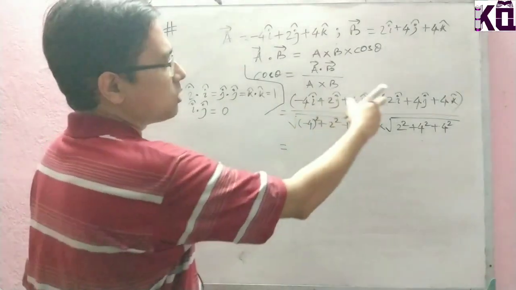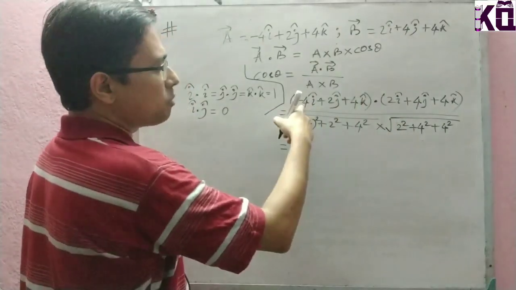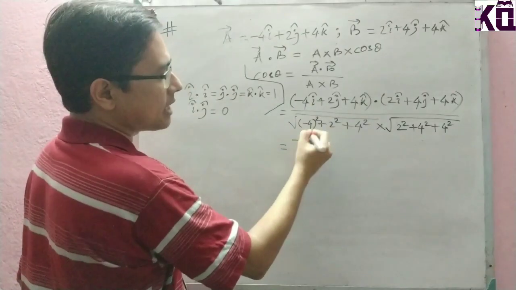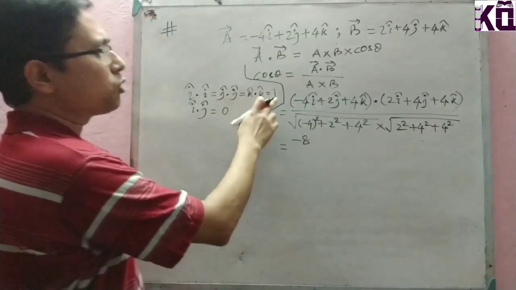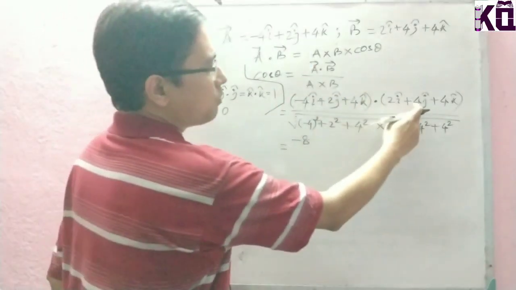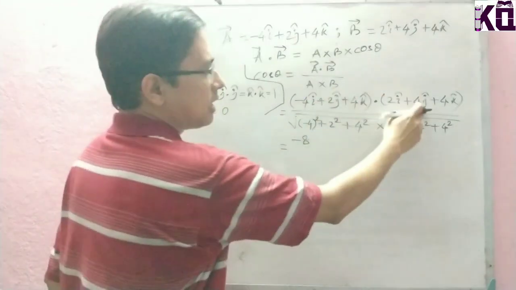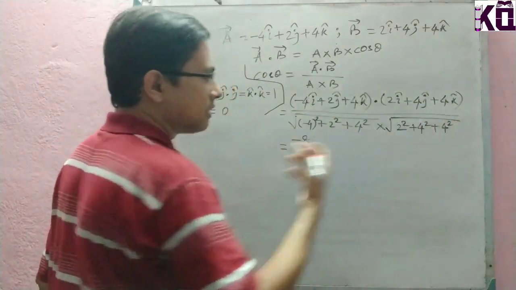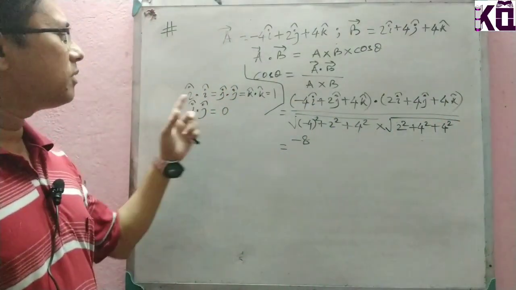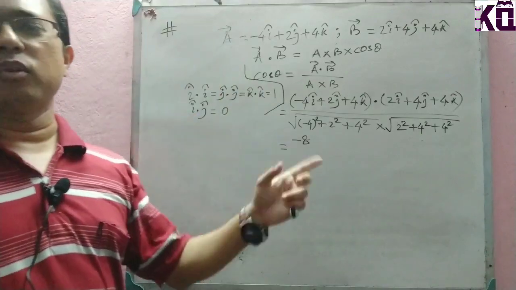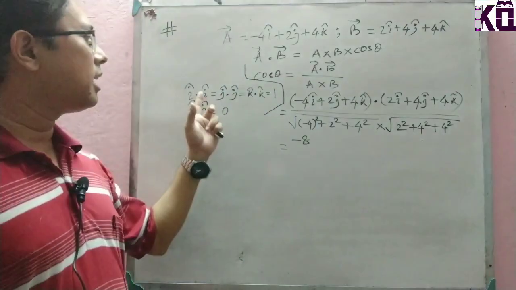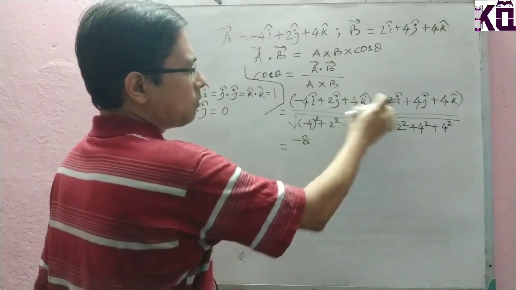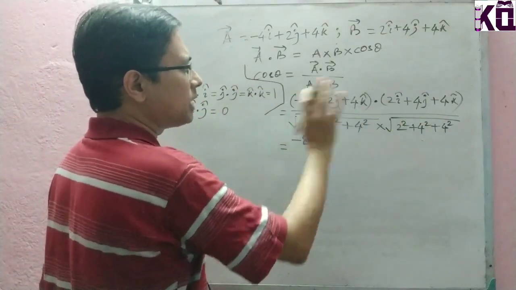Now this i dot i means 2i into minus 4i, that means minus 8, minus 4 into 2 means minus 8, and i dot i is actually 1. Now if I am saying 4 into minus 4 i dot j, that means 0. 4 into minus 4 i dot k, that is also 0, because all the values of i dot j, j dot k, i dot k are 0 except i dot i, j dot j and k dot k. So all are 0 with respect to the multiplication. So finally we are getting this.